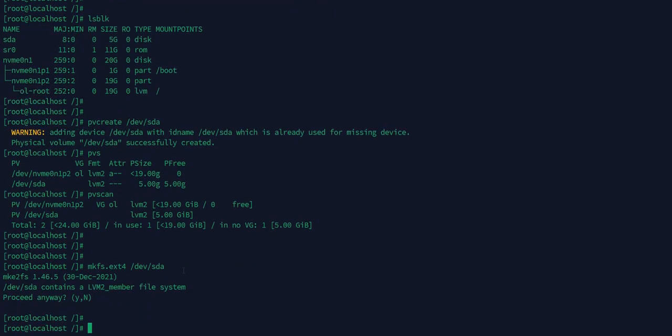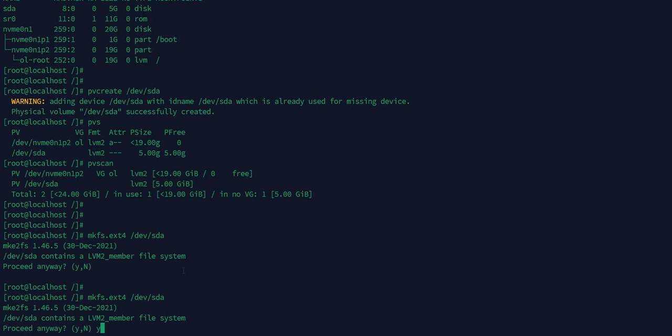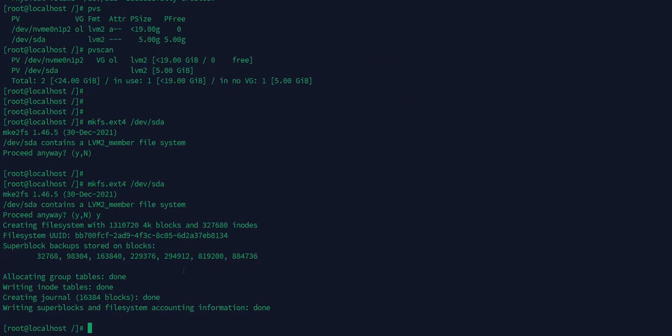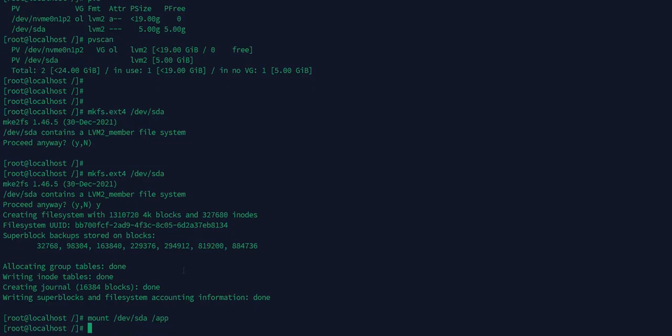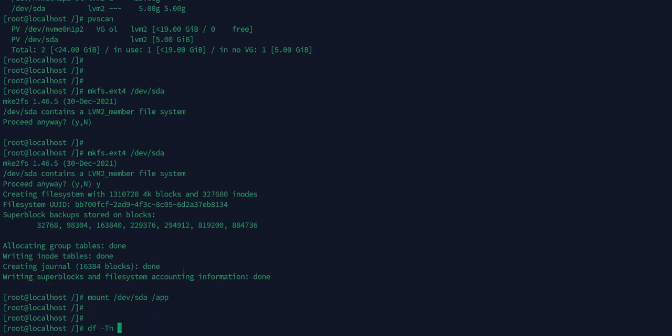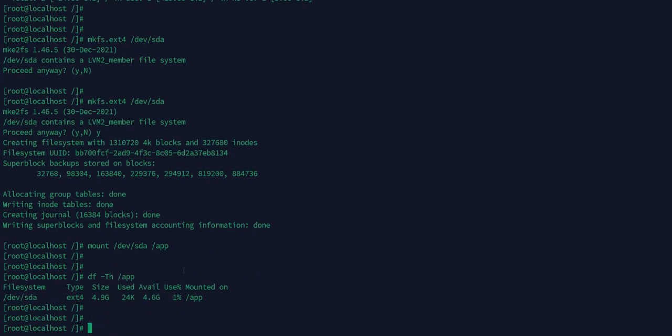Usually here we give LVM information, but here we are not giving anything. Now mount /dev/sda. Let it be, I have one file system, /app. df -th /app. So now I inform Surya, okay, from now onwards